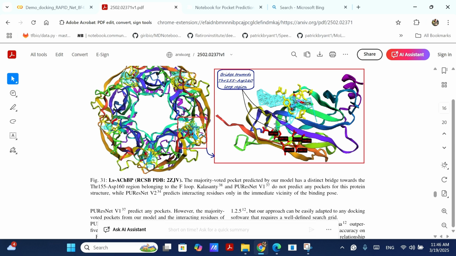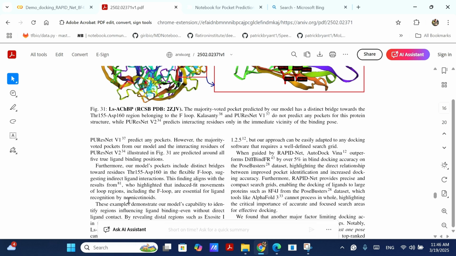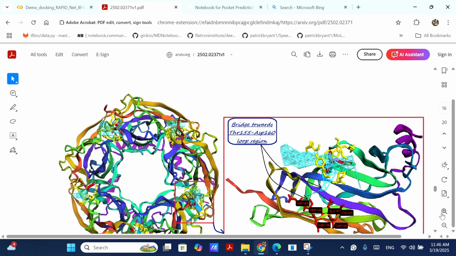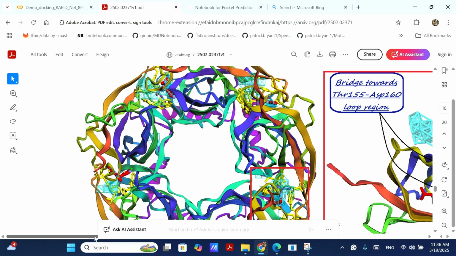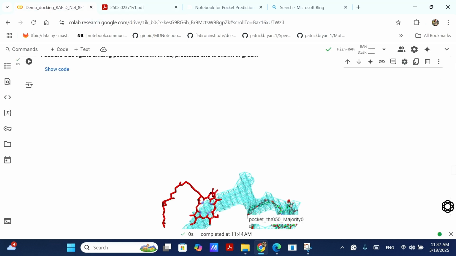for this protein, it's also showing the bridge towards the F loop, which is known to have induced fit movements that are essential for ligand recognition, right? So essentially, these are the residues that have an indirect impact on the ligand binding, and that's what we are identifying here. You can see this bridge, right? Okay, now